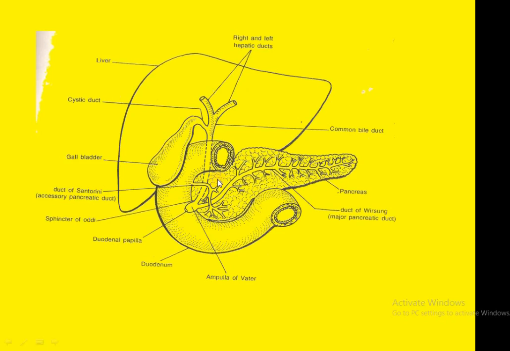Now here is an anatomical diagram. You can see the head of the pancreas in the C-shaped loop of the duodenum, the head, neck, body and tail of the pancreas. These are the acini of the pancreas, the ducts of the pancreas, the main pancreatic duct combining with the bile duct, forming an ampulla of Vater, opening in the second part of the duodenum at the major duodenal papilla, and this is 8 to 10 centimeter away from the pylorus. So this is the anatomical description of the pancreas.